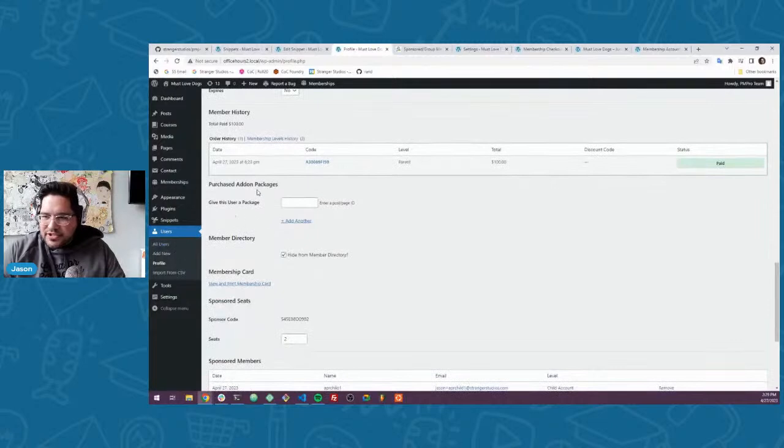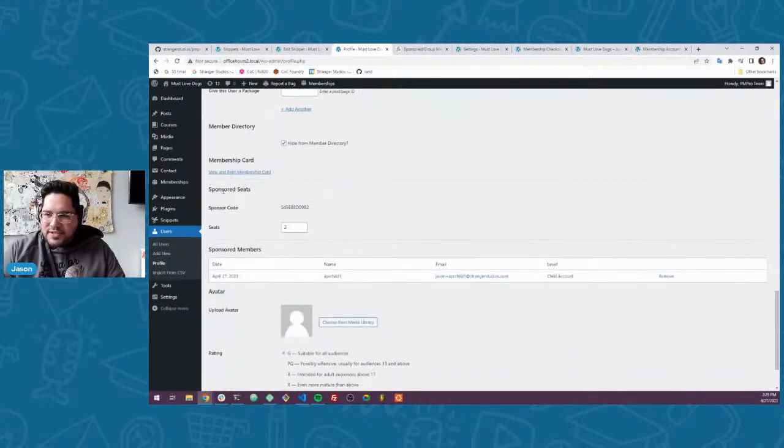When you scroll down to the membership section, under sponsored seats, it shows their code in case you want to keep track of it. Look in your other documents. And then there's a free text field. So I could say, oh, this guy's my brother, or he gave me $1,000 offline, whatever. He should have 5 seats instead of 2. If you edit that field and then save the page,